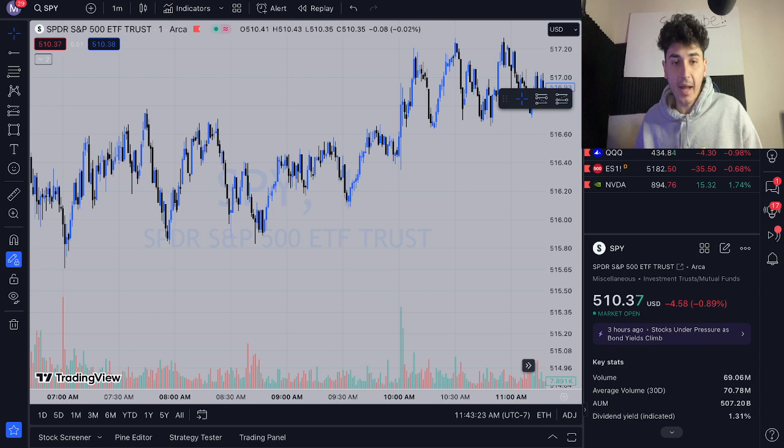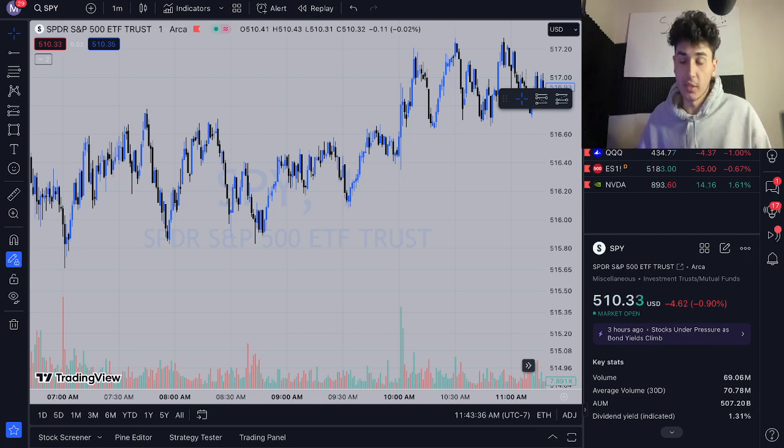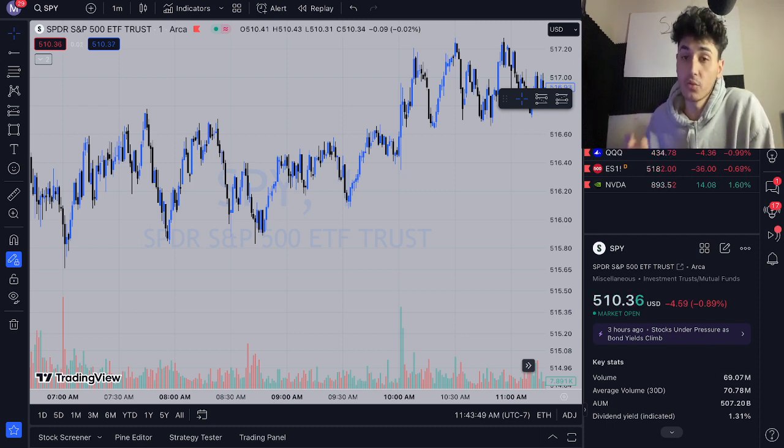But how exactly can we find supply and demand or trade with supply and demand? The three key things that are included in my trading strategy: A is looking for my supply and demand zones. B is going to be reading price action within those supply and demand zones. When price does reach those zones, reading price action is going to be a very key thing. And then C, the third thing, is going to be reading order flow,